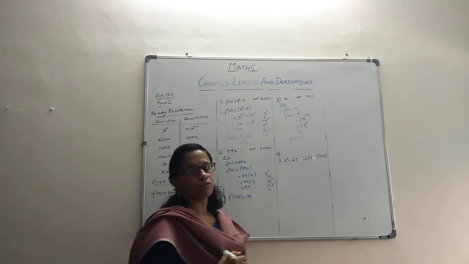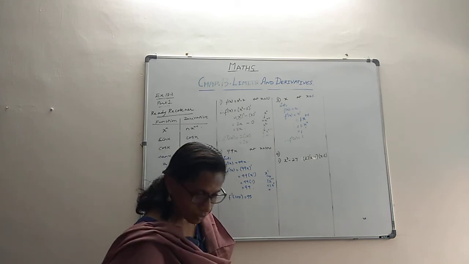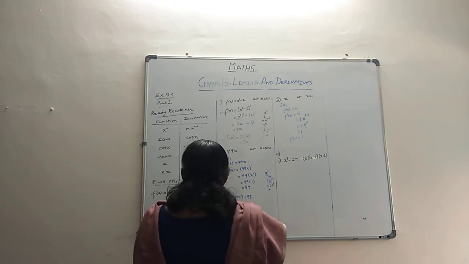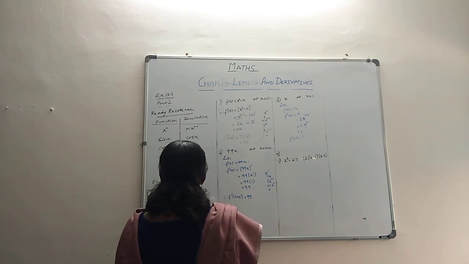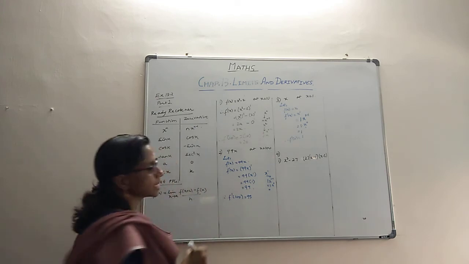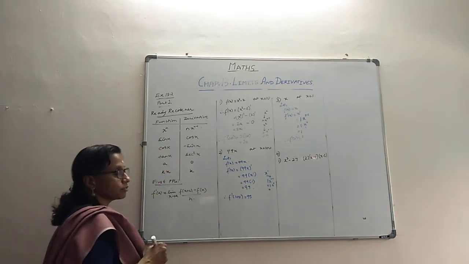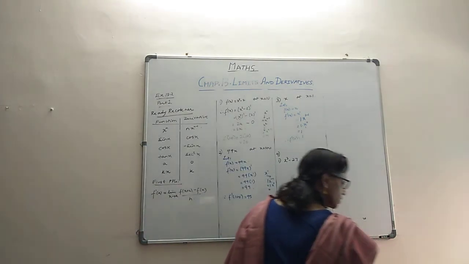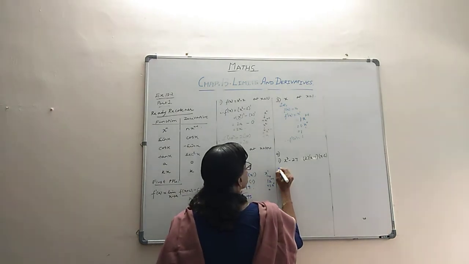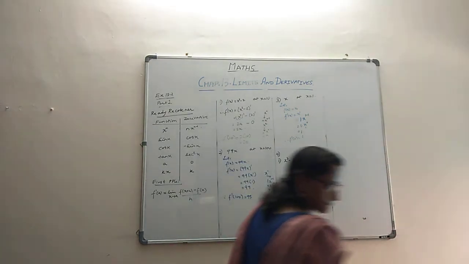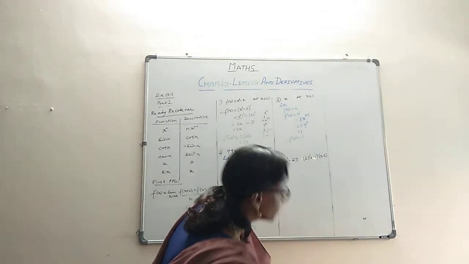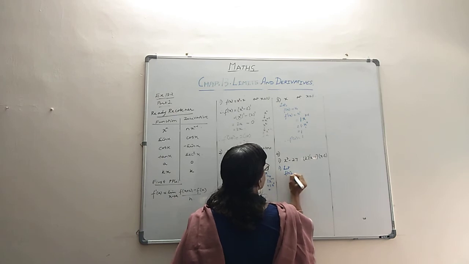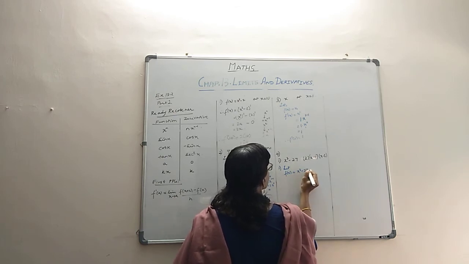Now from question number 4 onwards, it is to be shown by first principle. So we are taking the first principles and I am doing it. The first function is x cube minus 27. You have to find out the derivative of this by using first principles. So first let's take the function. Let f of x be equal to x cube minus 27.